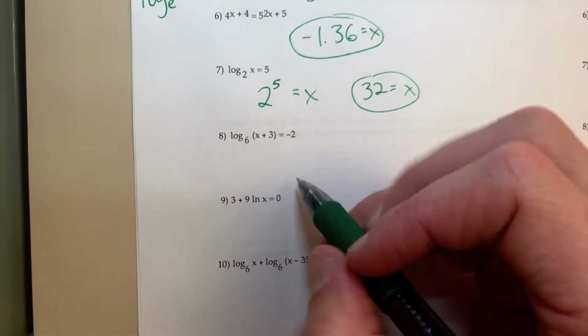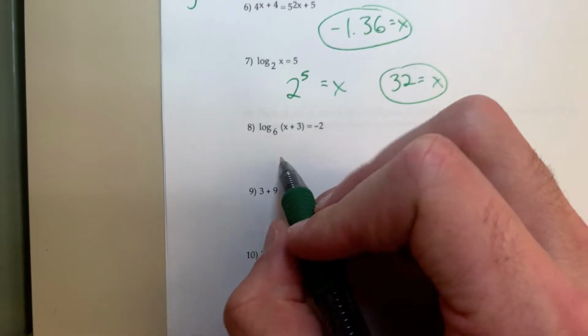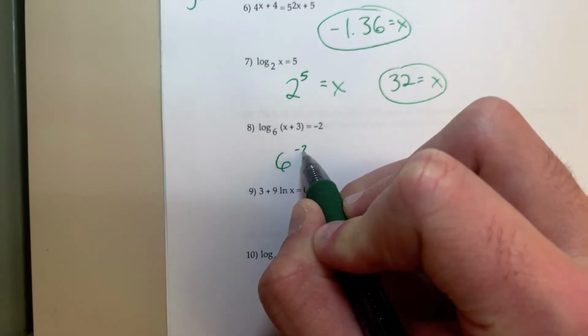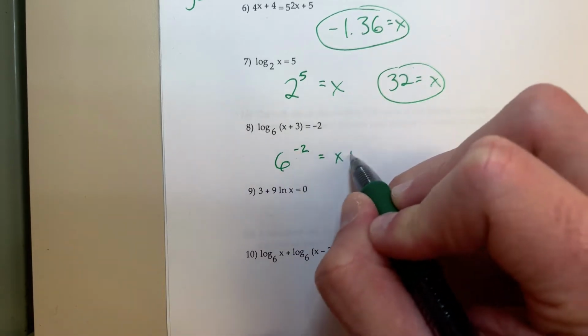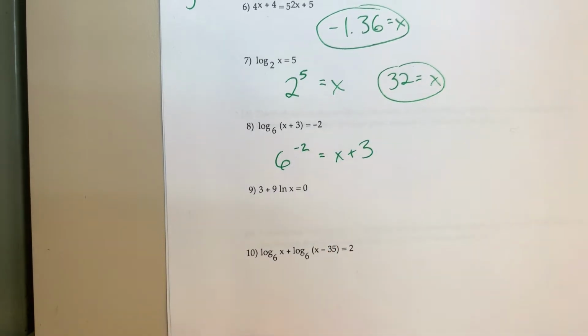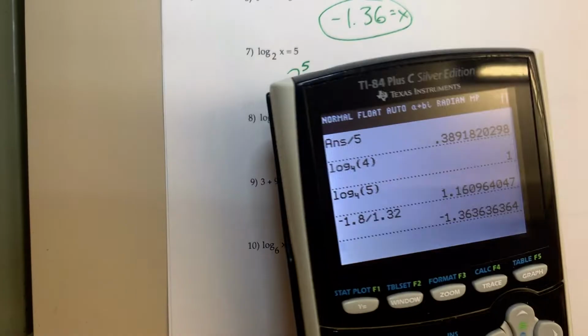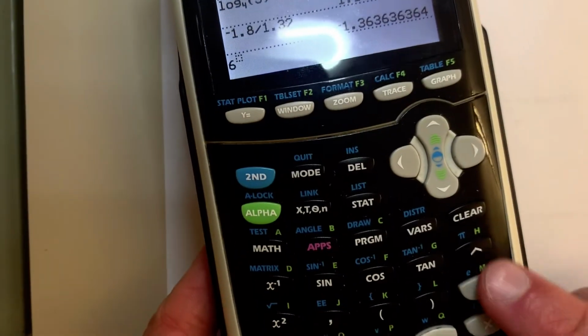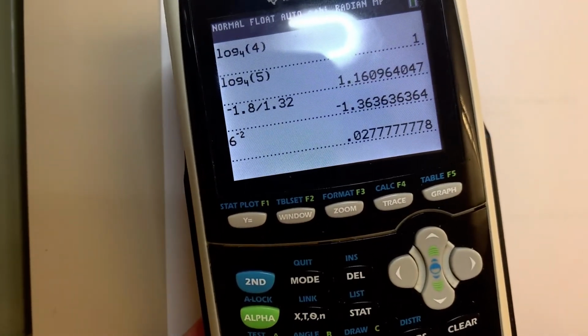Okay. So number 8, log base 6 of x plus 3 equals 2. So I would still just write 6 to the negative 2 power equals x plus 3. Okay. And then again, I can do 6 to the negative 2 power, using my caret button there to get up to negative 2 exponent. And I get negative